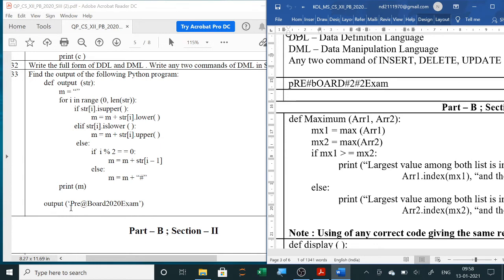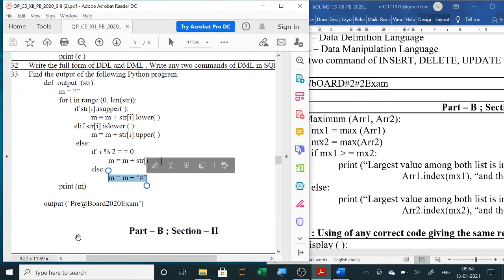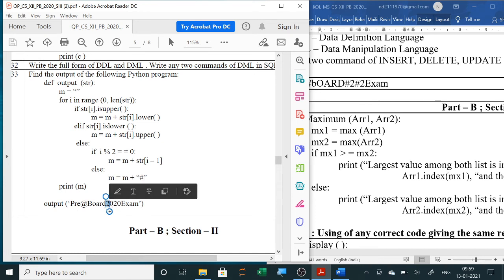And else, if it is an odd position, then hash will be there. So we will start, first is a capital letter, so it will be small, then 2 small letters will become capital. Then at the rate will be 0, 1, 2, 3. So 3 means it is an odd position, so hash will come here in place of at the rate. B will be a small letter, then the rest of the small letters will be converted into capital letters. Now here 0, 1, 2, 3, 4, 5, 6, 7, 8, 9. So this 2 is in the 9th position, so hash will come. 0 is in an odd position, so previous to that string is 2.